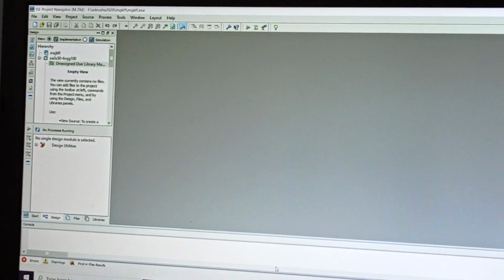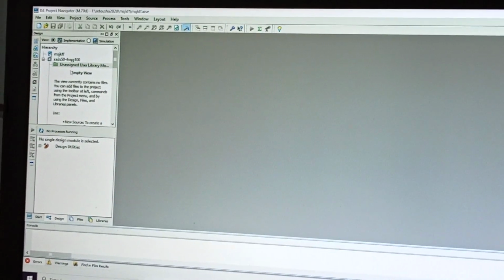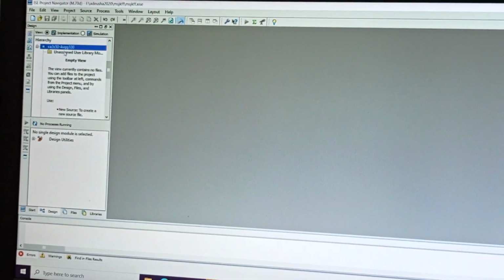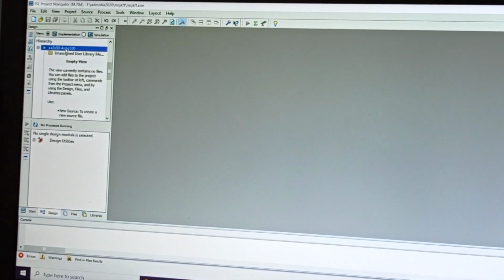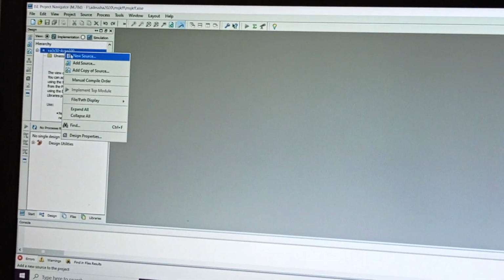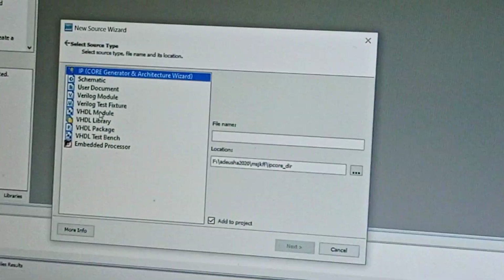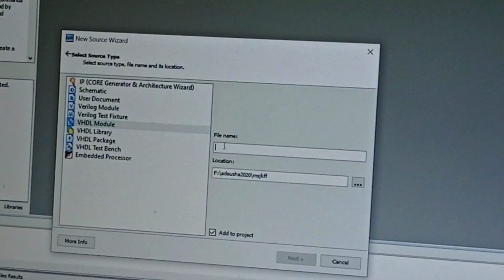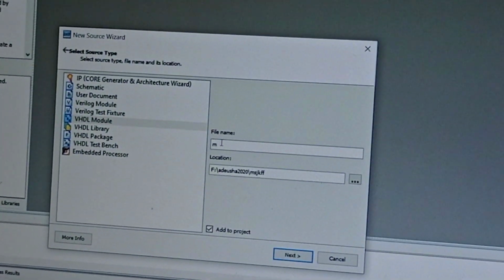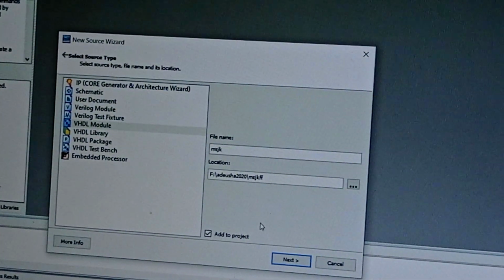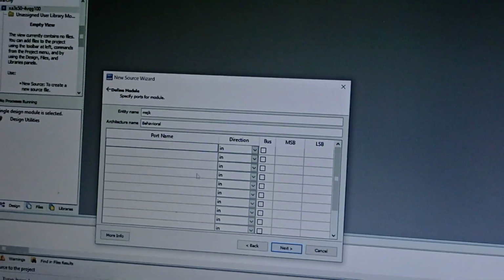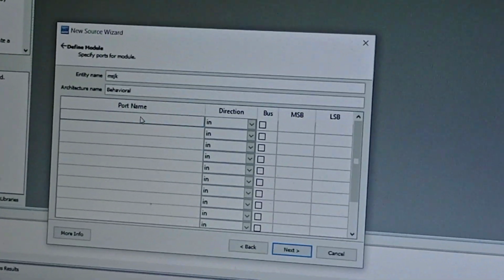Now in the new project, click on this XA3S, right click and select new source. Under this VHDL module, give the file name master slave JK. Click Next and select your input port names.